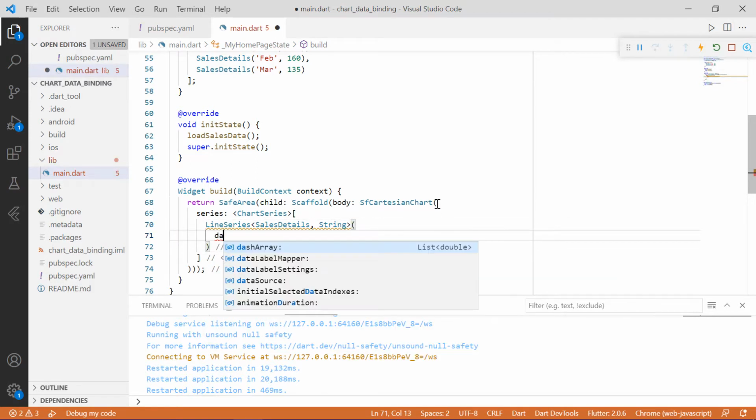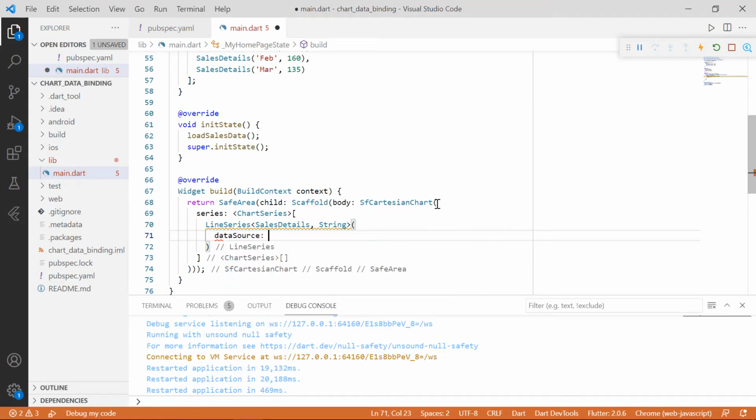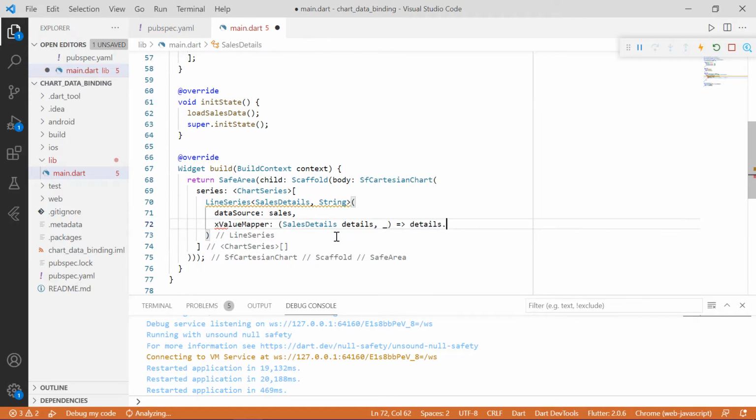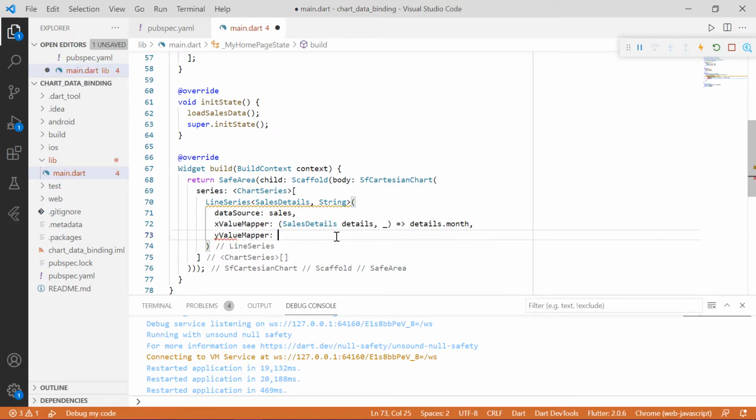Assign the sales variable to the data source property. Next, you need to map the x value and y value. So use the xValueMapper property and set the month field. This will plot all the month values on the x-axis. In the same way, use the yValueMapper property and set the salesCount field.